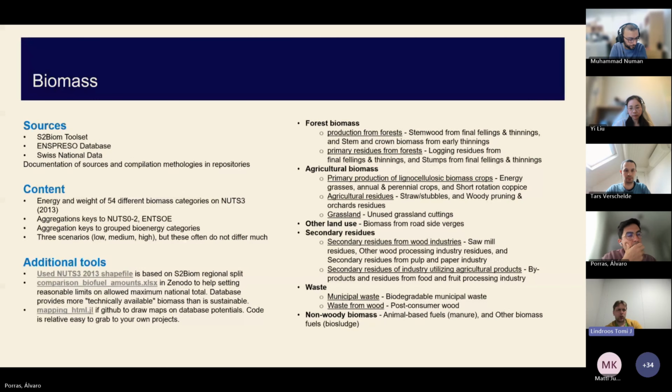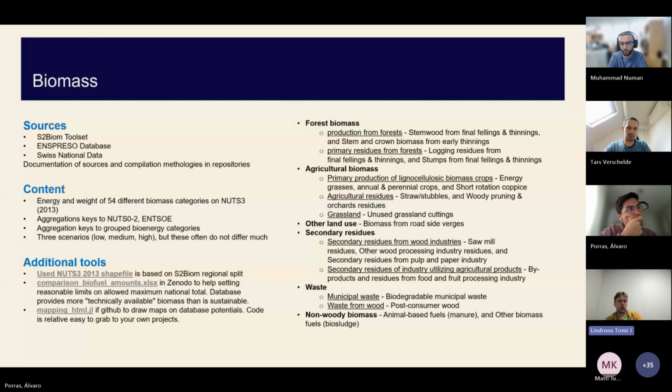We provide aggregation keys to other NUTS regions and ENTSO-E bidding zones and aggregated biomass categories. So on the right-hand side, you see that we give figures for forest biomass, agricultural biomass, other land use. That's not a big one. It's mainly like trimming, cutting, roadside and stuff.